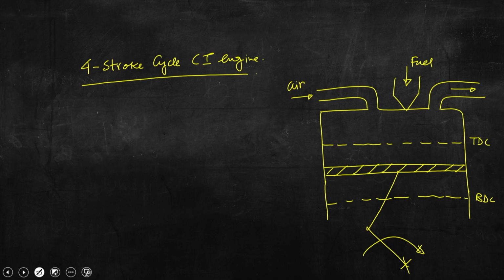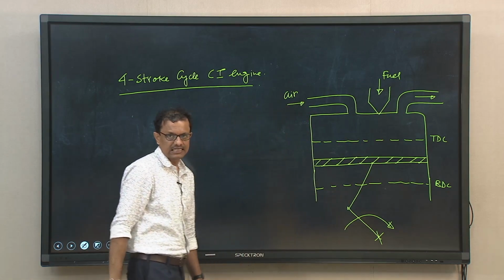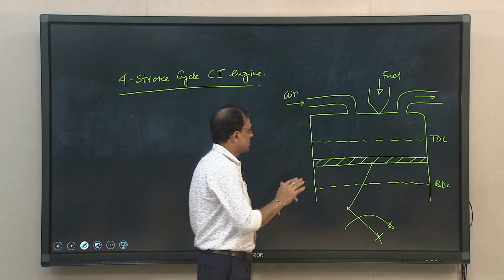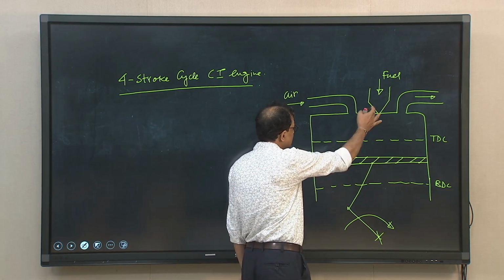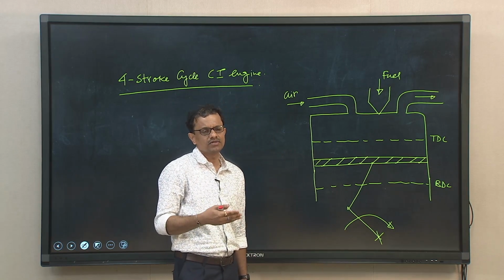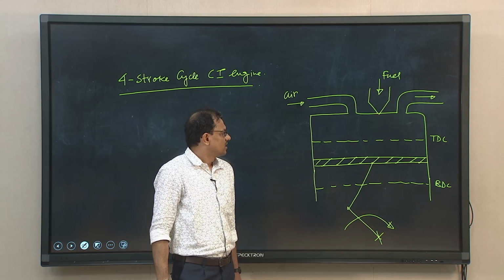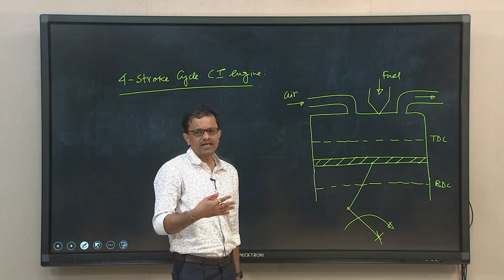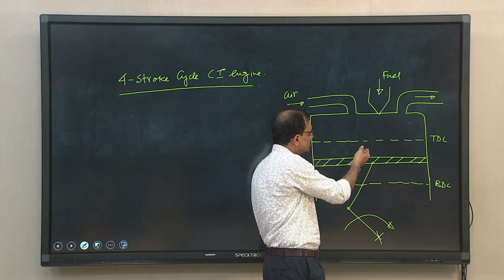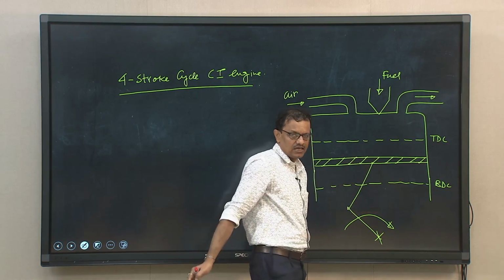Instead of a spark plug, we now have a fuel nozzle through which fuel is injected. So, the fundamental difference here is that fuel is composed of several hydrocarbons, and there is no spark plug. What is done is that when the piston is reaching towards TDC